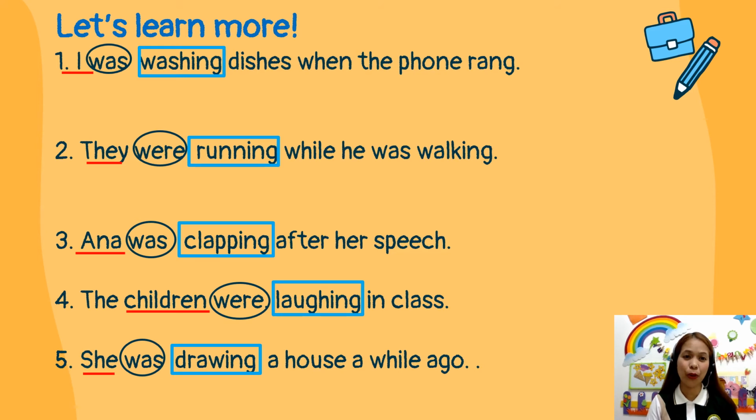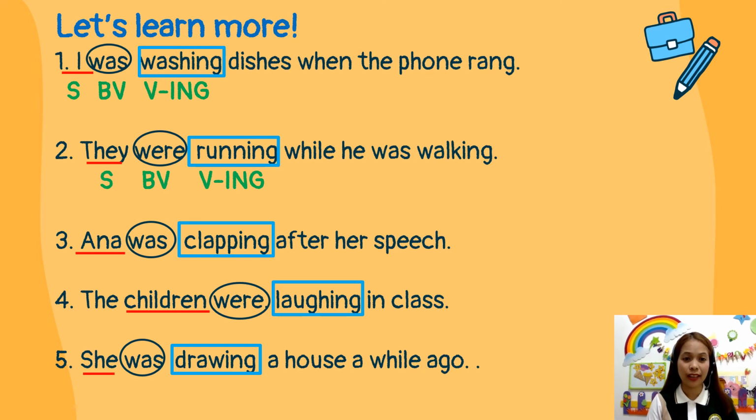Okay, let's learn more. Number 1, I was washing dishes when the phone rang. Okay, so as you see here, your be verb is was because your subject is I. So your verb should be washing. Subject, be verb, and verb ing. Okay? The next one,